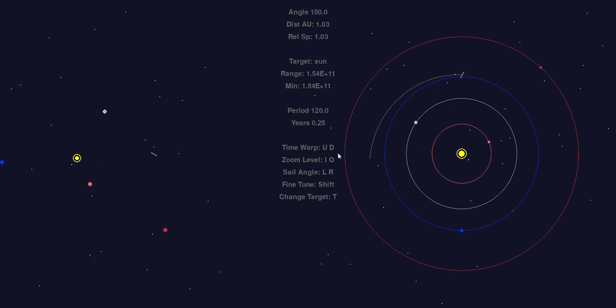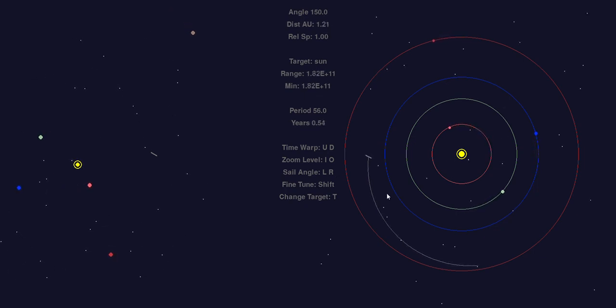The other artifact is that this is very slow, and so we can change that. Right now, this period is 120 seconds for the Earth to go around the Sun once, so 120 seconds per year. We can increase the speed of the simulation to take this to 56 seconds per year, for example, and that will make the appearance of time go much faster. You can see once the solar sail starts to get close to the orbit of